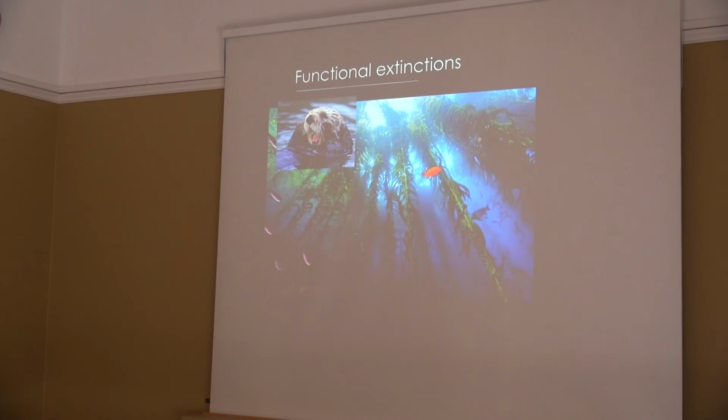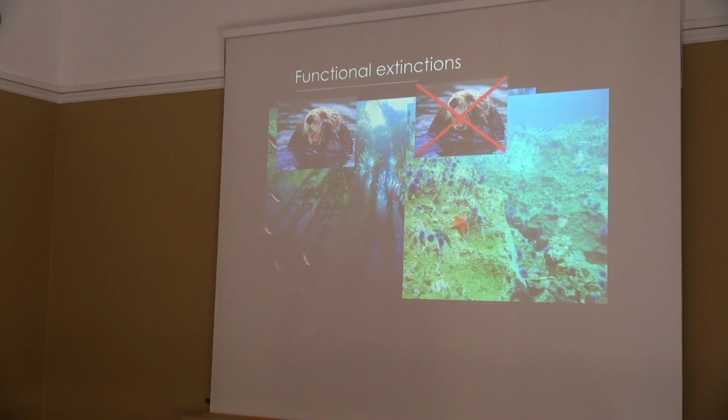We also know there are some very important functional extinctions as well. Sea otters are not extinct, but when they're lost from a local ecosystem, they can lead to proliferation of urchins and loss of giant kelp, which then has cascading impacts on a wide range of other species for which kelp is very important habitat. But on the other hand, the number and extent of local extinctions in the ocean also seems to be lower.